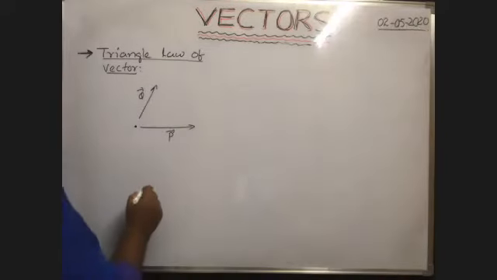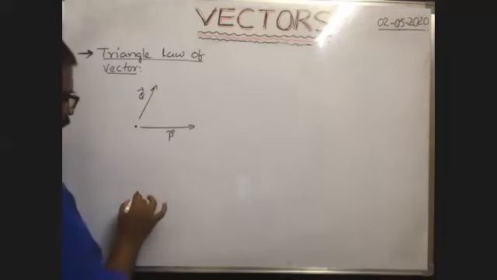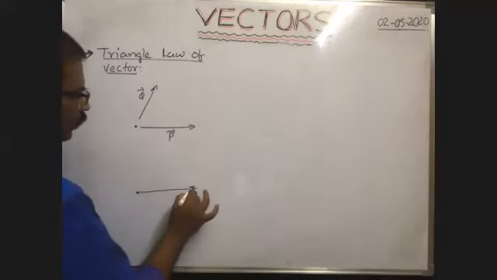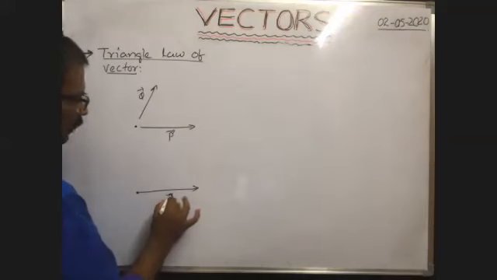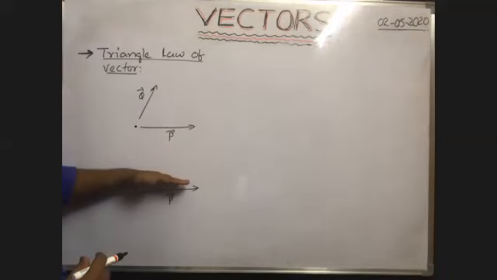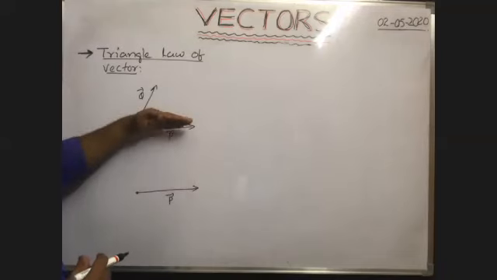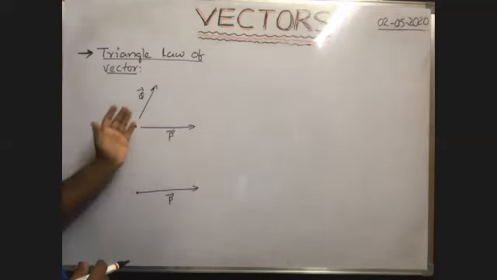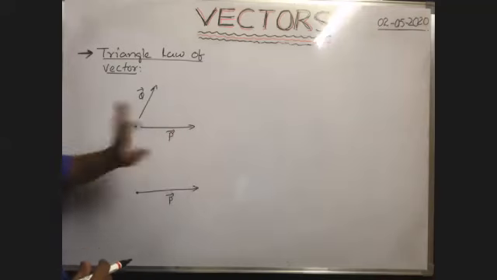Magnitude and direction means, suppose here you see, this is the particle. On this particle, P bar acts in this direction. So you take P bar, both in magnitude and direction. That means whatever the direction of P bar, here also you take the direction of P bar like this only. That means this is parallel to this one, in the same direction. That's why this is also equal to P bar.